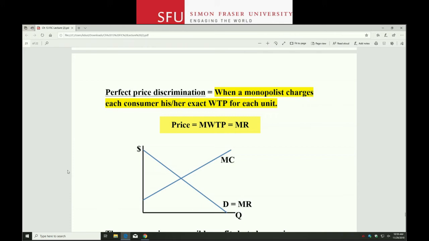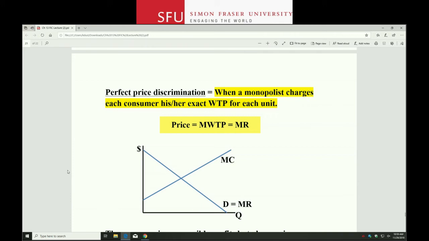So the marginal revenue is just the demand curve then. It's the demand price that consumers are willing to pay for each unit. So the price then is different for everybody. So this is different from anything that we've talked about before, right? With perfect competition, or earlier in this chapter for just a single price monopolist, the price is the same for everybody. But in this example, the price would be different for everybody. Each extra unit that they sell will have a different price.